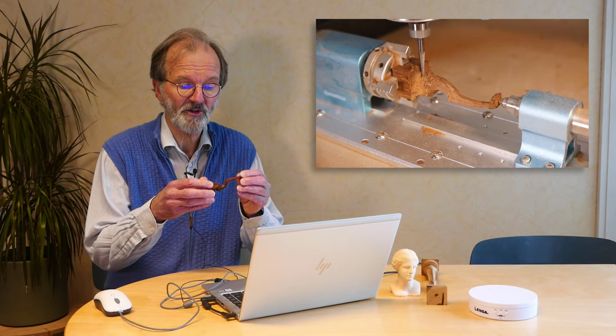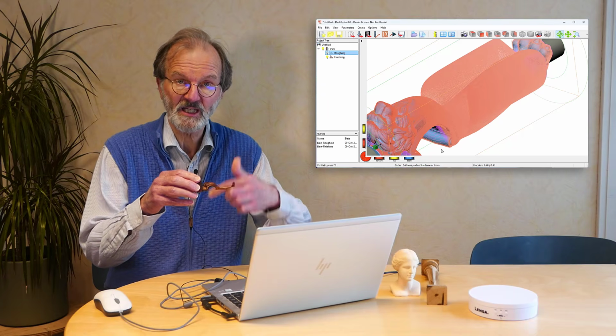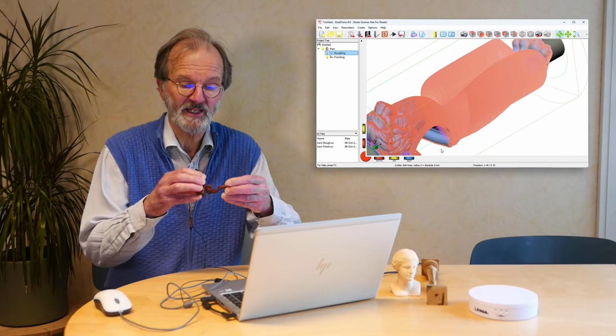And here's the resulting part, very small, finished with one continuous helix operation, rotating in the same direction all the